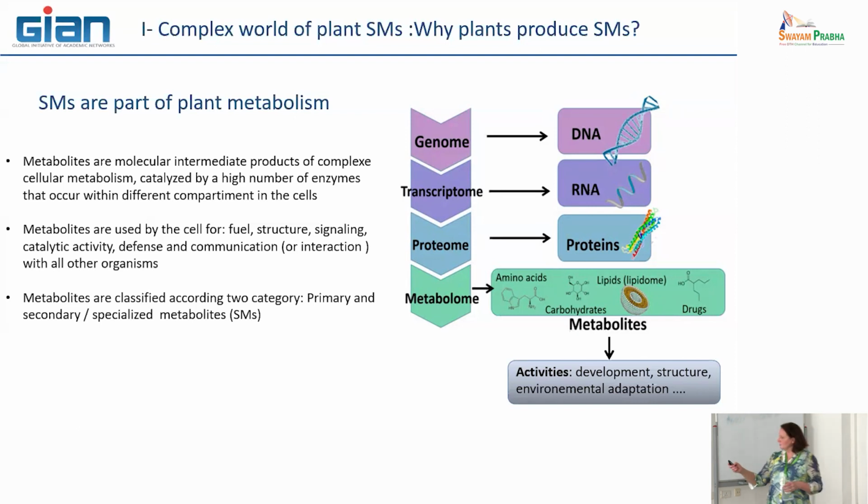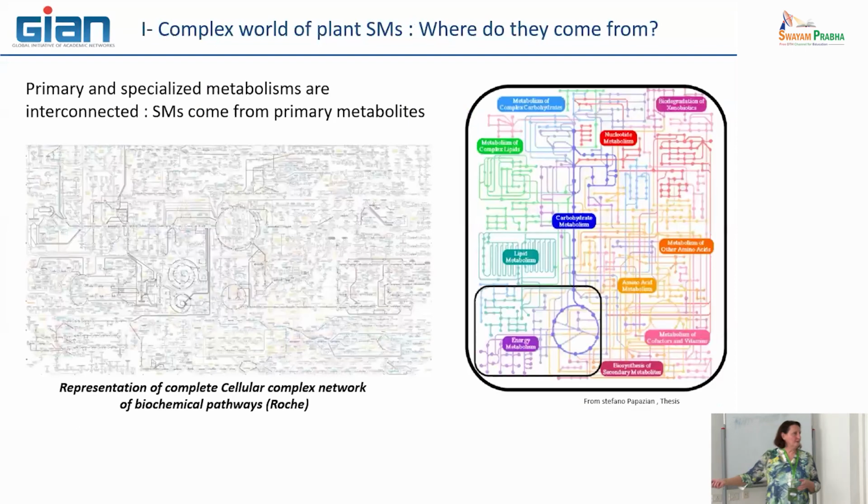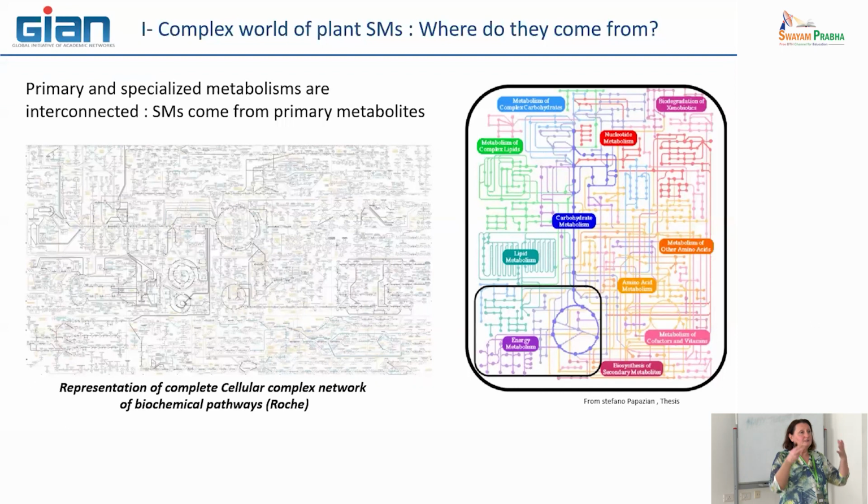You can't see because it's too clear. It doesn't matter. It was just to show the complexity of the metabolism in the plant. Perhaps you can go and see that on the Roche company site. They propose a poster in which they have summarized all the metabolic pathways that have already been identified, primary and specialty. What is interesting is that you can summarize this as a large system of connections, like in electricity, where you can make a network with a lot of connections. For the metabolism, it is exactly the same in the cell.